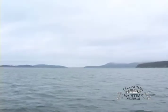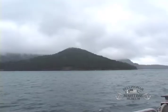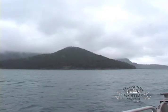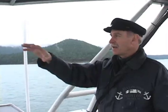They spent the night anchored at the southeast corner of Lopez Island, and then got underway the next morning. Their destination was just to move from Lopez across Rosario Strait and anchor in Strawberry Bay on the west side of Cypress Island right here. There were very light winds, and they started making their way across Rosario Strait and coming up here towards Cypress Island. But then the tide changed and started